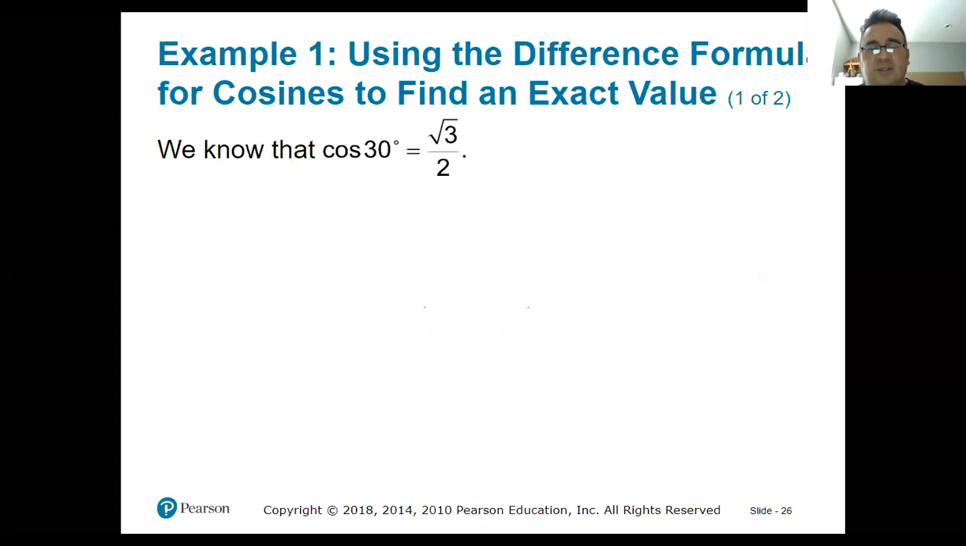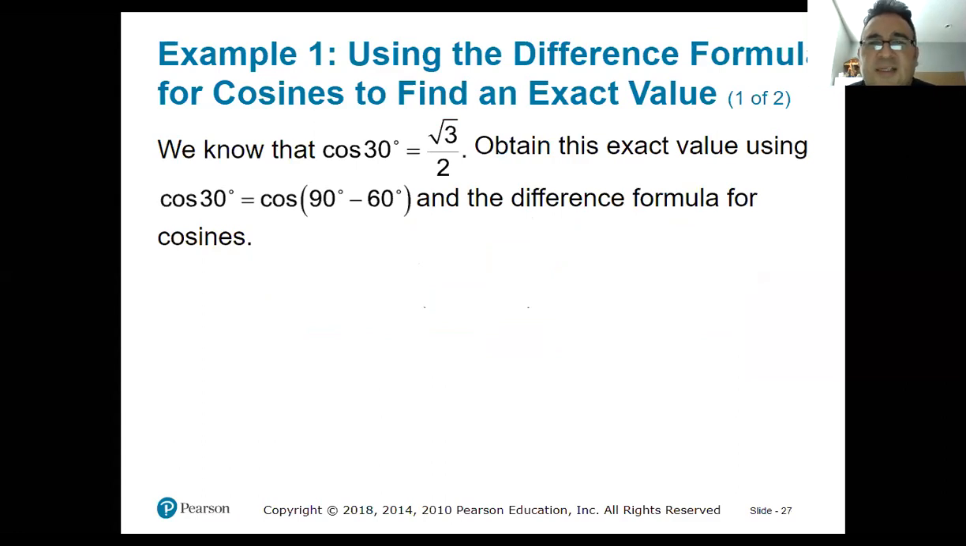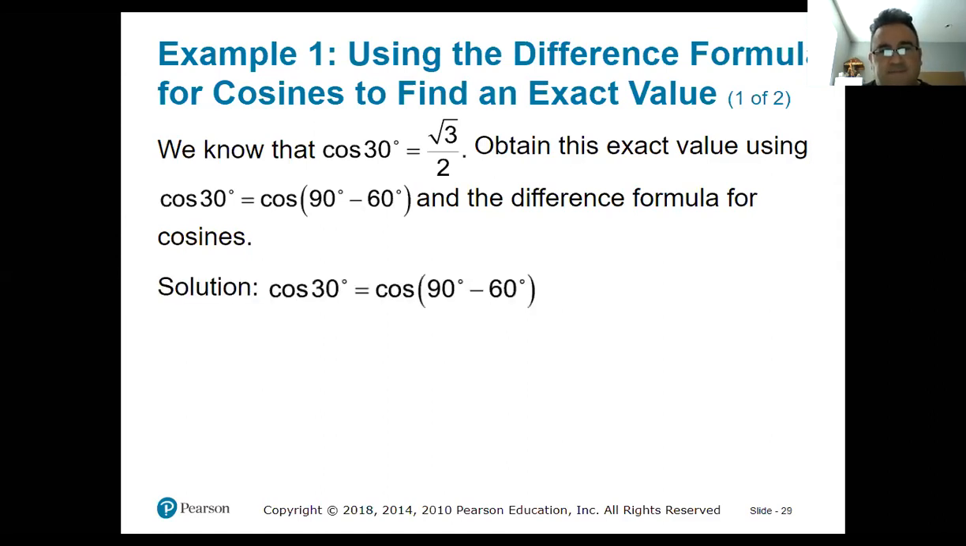So what do they want us to do? They want us to obtain this exact value by using the difference formula of cosine. So this is kind of an informal proof, an algebraic proof of that fact, that the cosine of 30 degrees is the same as the cosine of the quantity 90 minus 60 degrees. Okay, so how do we do that? Well, we know that's true, right? According to what we just wrote down,